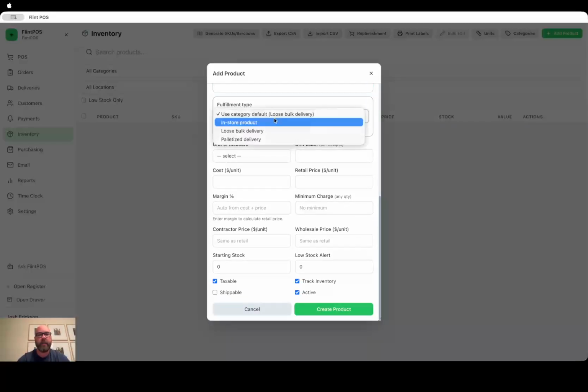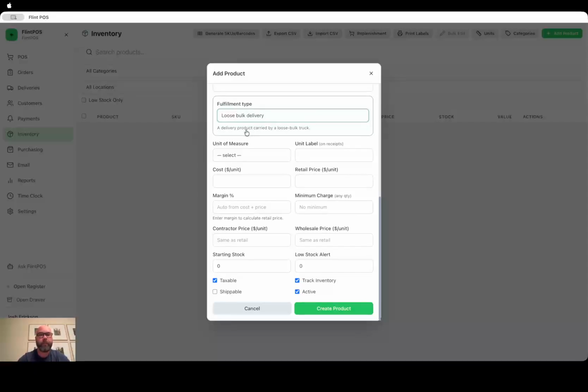and what type of product it is. Is it a loose product? So my premium brown is bulk, loose bulk. Is it a palletized product, or is it an in-store product? So we're going to select loose bulk product. And your basic unit of measure. How do you sell this item? So for me, and I'm sure for most of you, you're going to sell your mulch in cubic yards. So we'll select that,